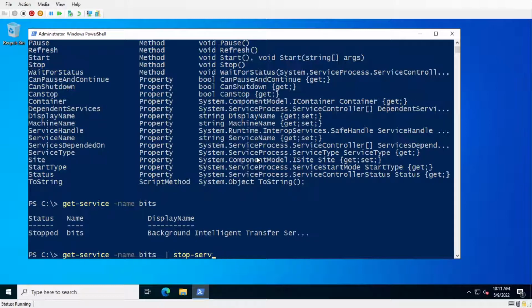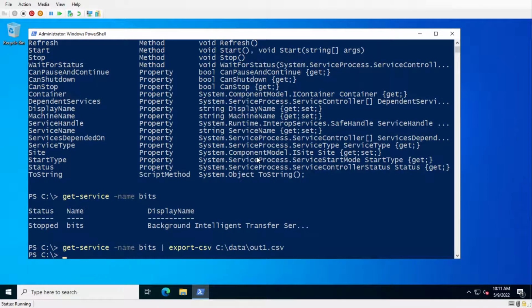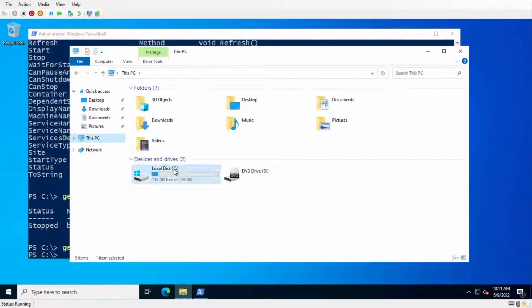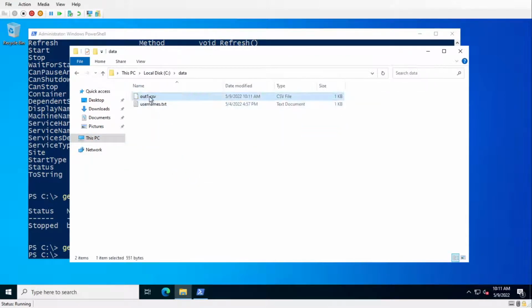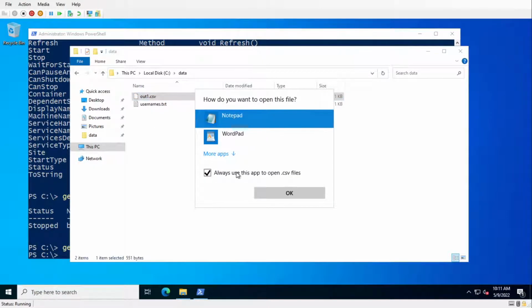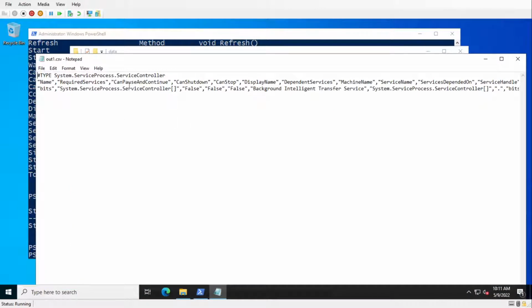However, if you skip that and you output this some other way, so let's say for instance I pipe this to Export-Csv. So I'm going to write this data to a CSV file and maybe save this to a folder somewhere. We'll call it out1.csv. So if I go ahead and look at that, C:\data\out1.csv, let's maybe open this with Notepad, just keep it simple,